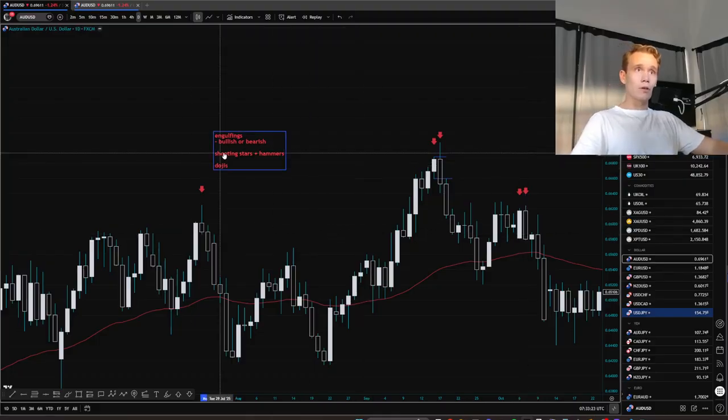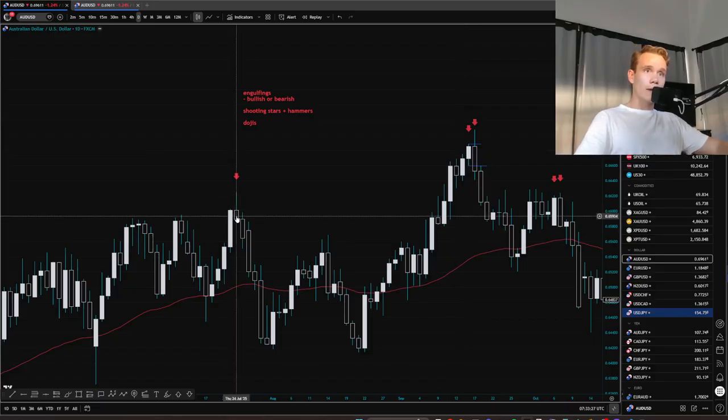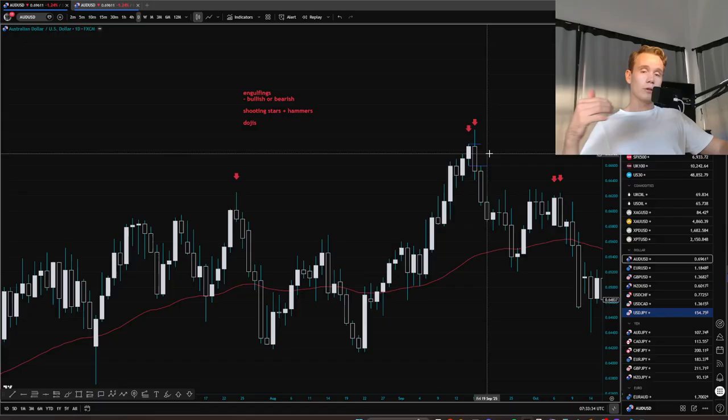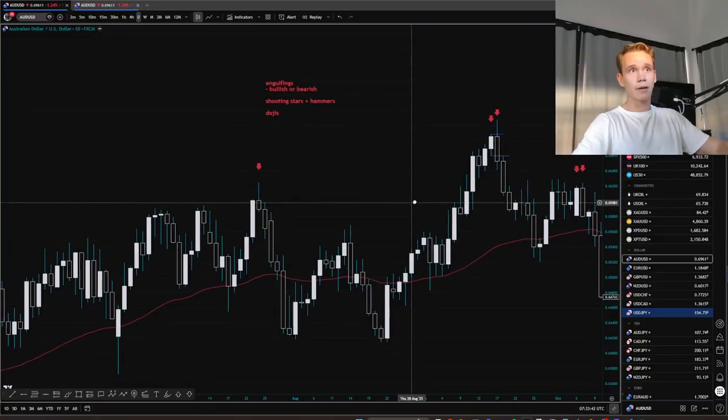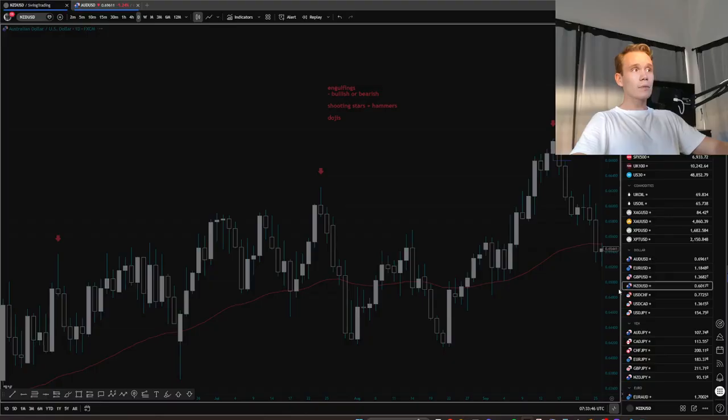So shooting stars and hammers involve one candlestick, but indicate the same kind of thing that a bearish engulfing or a bullish engulfing would. A bullish engulfing shows us price moving up or down into a level, printing the formation, and then reversing in the opposite direction like it's done here. Shooting stars and hammers are doing the exact same thing, but just using one candle. So with this candle here on Aussie dollar,